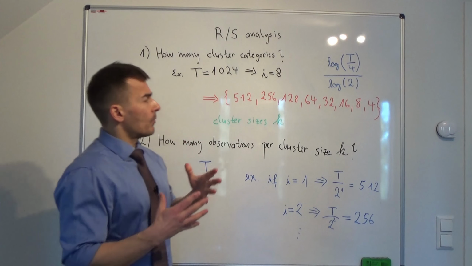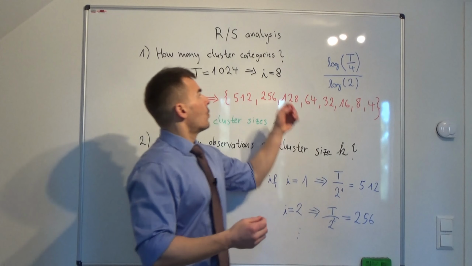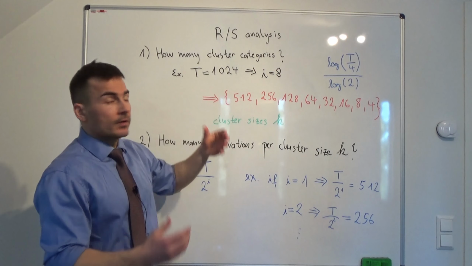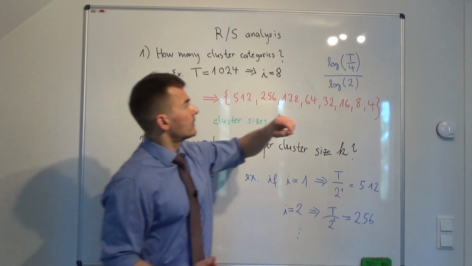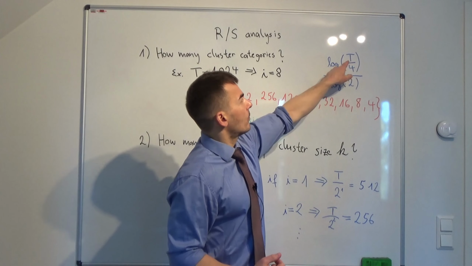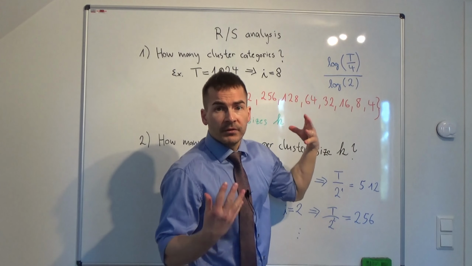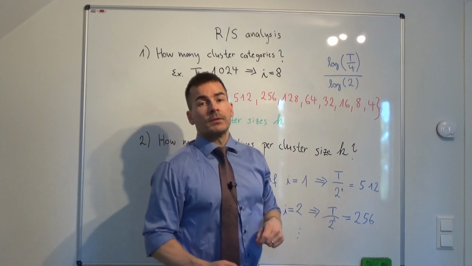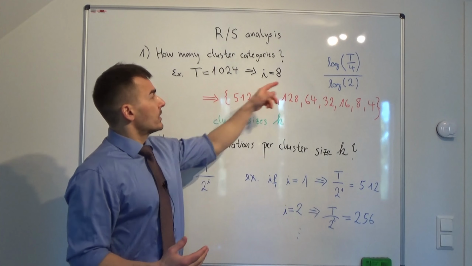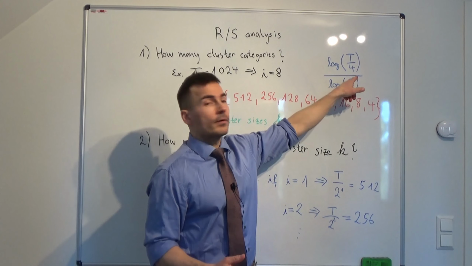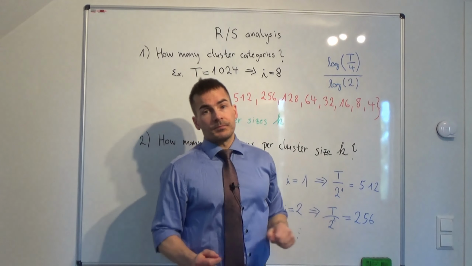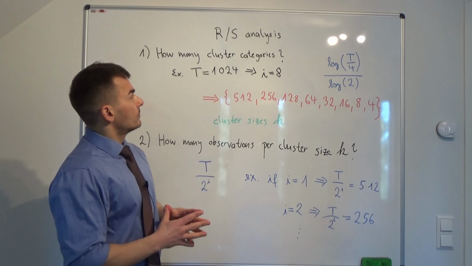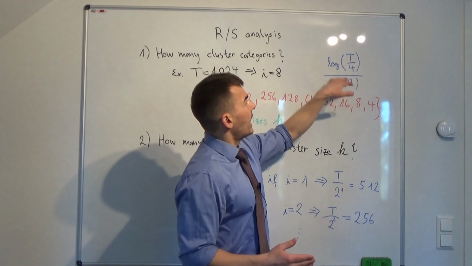So how can we come up in general with the corresponding number of categories that we can operate with, given a data vector? In general, we have to take the logarithm of capital T, the number of total observations in the data vector, over 4, divided by the logarithm of 2. And if you plug in 1024, you should have an even number, and it should be 8. So that is how you can think of it. Given that we have 8 categories,